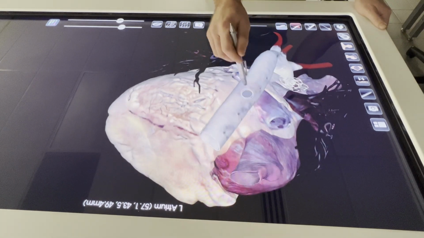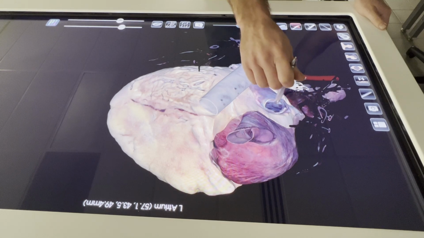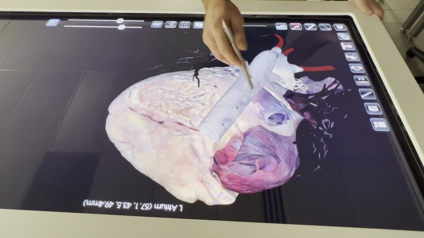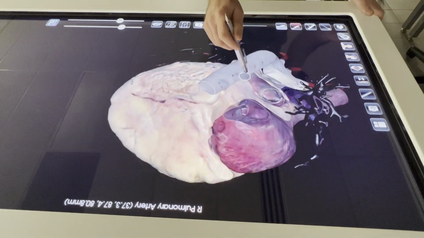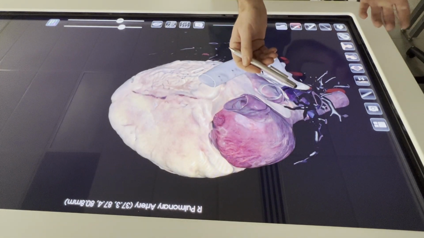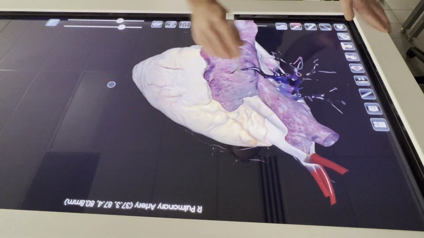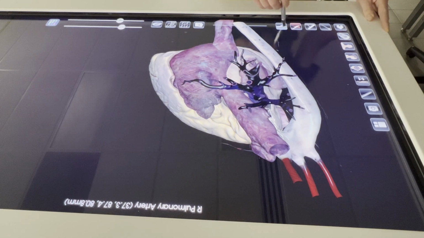So the pulmonary vein is going to be bringing oxygenated blood back from the lungs to the heart to be dispersed throughout the body. The pulmonary artery is going to be taking deoxygenated blood away from the heart to the lungs to become oxygenated. So if we kind of make a cut here,